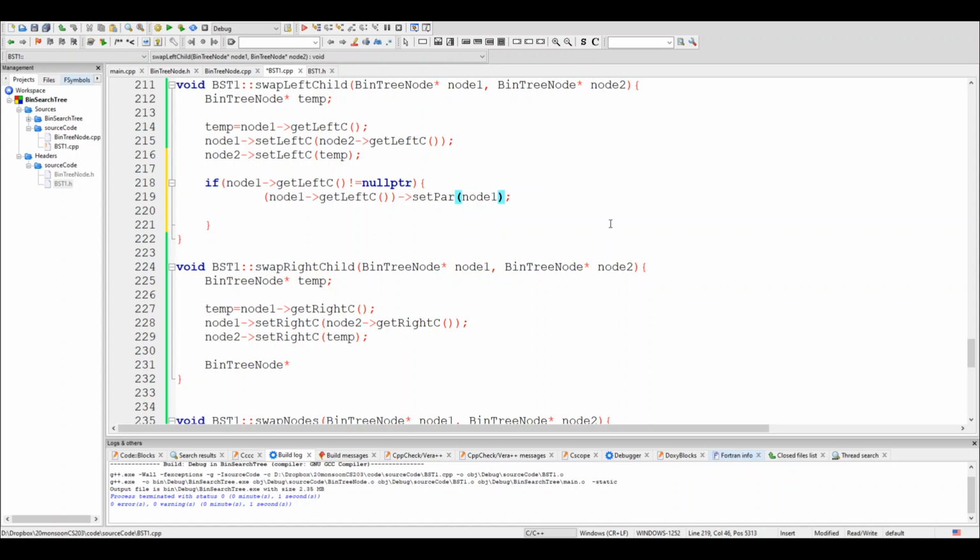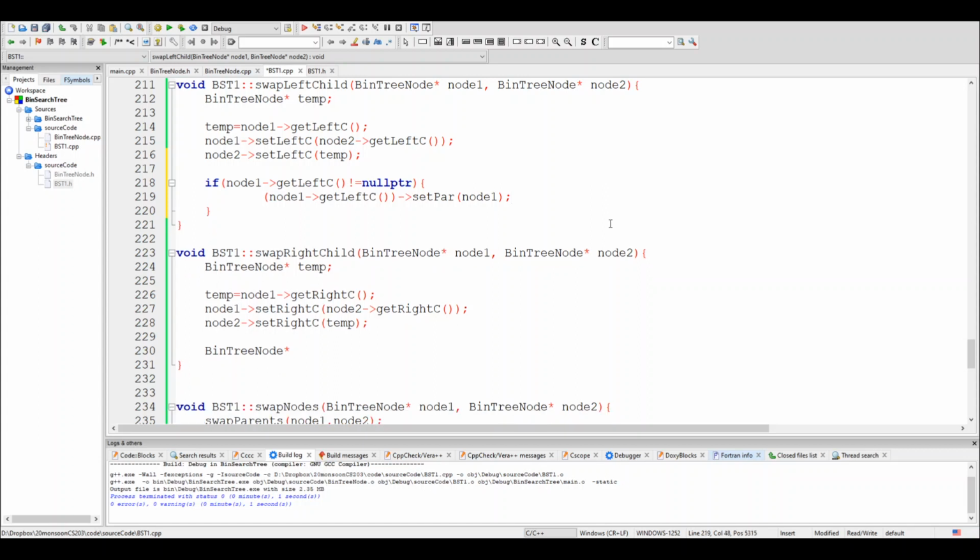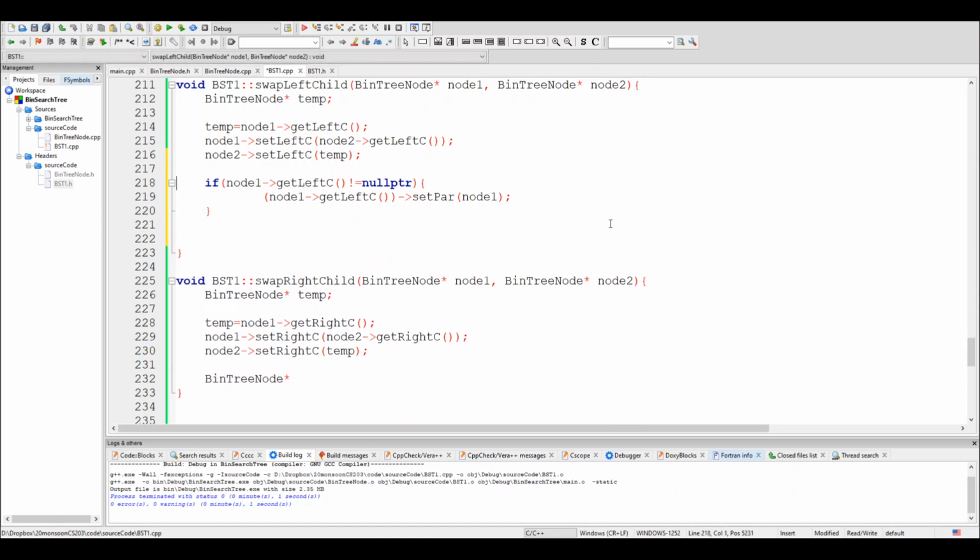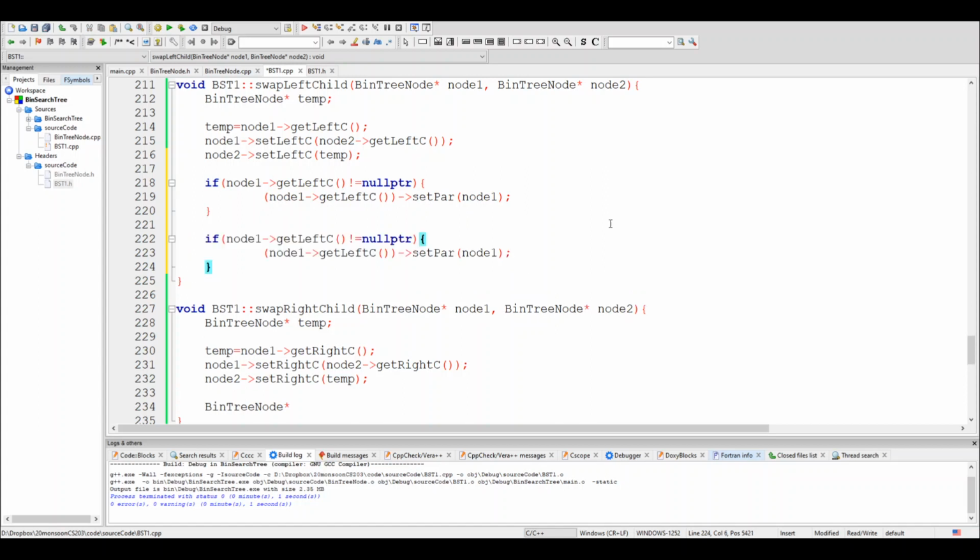So if this left child exists, then we have to change it. Similarly, I have to ask if node 2's left child exists.